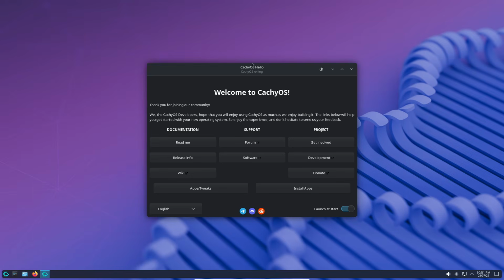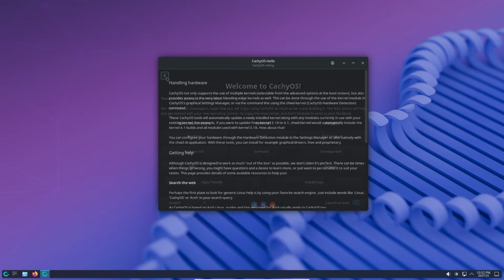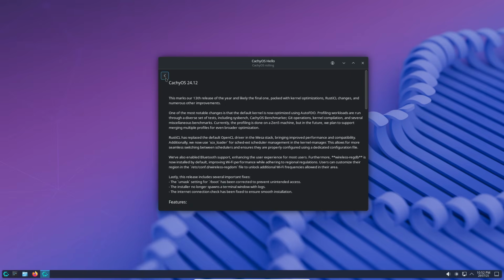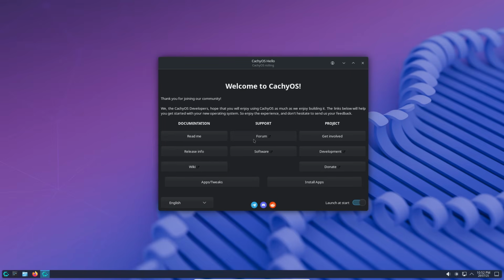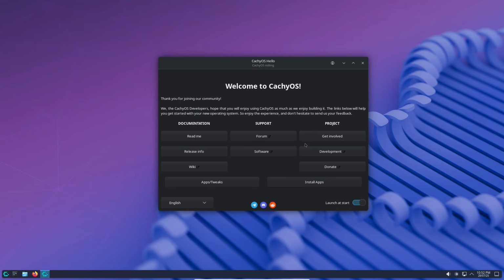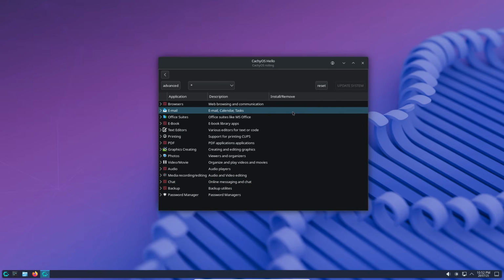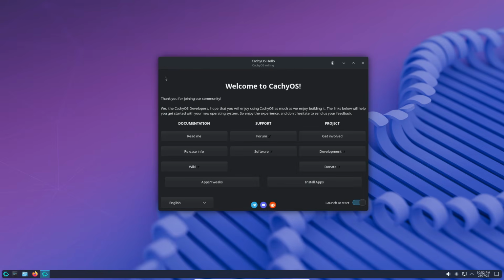Once you log in, you're greeted by the Welcome app. Think of it as your personal guide: README, release notes, community forums, plus quick links to software tweaks and installation tools. This First Steps hub is invaluable, especially if you're new to Linux. It even lets you enable services like Profile Sync Daemon and System to rank, download mirrors, change DNS, and more